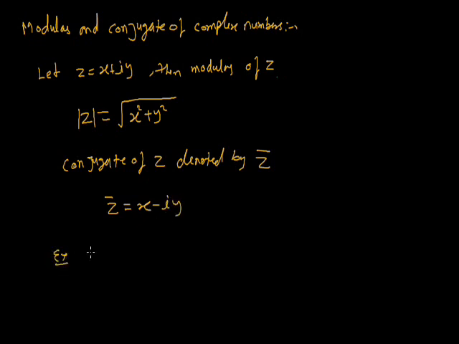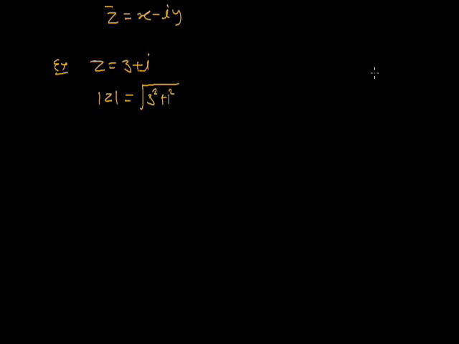For example, if we have z equal to 3 plus iota, then how can we find the modulus of z? First of all, we know that x is equal to 3 and y is equal to 1. So the modulus of z is equal to under root 3 square plus 1 square, because according to the formula it will be under root x square plus y square. Now the value of modulus z will be under root 9 plus 1, which is equal to root 10. So there are some properties related to complex numbers.